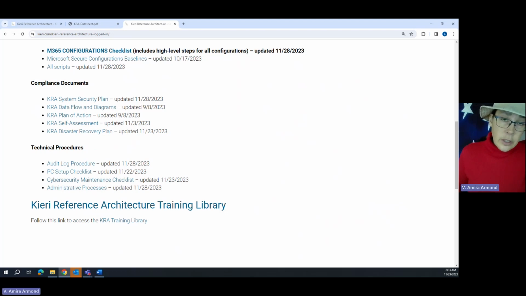And that engineer will also train you on the processes needed to maintain this, and also customize all of your documentation for the environment. So there's a little bit of work to do where you're going to take your policies and procedures from the Kieri compliance documentation and put together that system security plan, make sure all the names have changed, make sure that if your procedure is slightly different than what we describe, it's updated, and then walk with you through all of those key processes like change management,